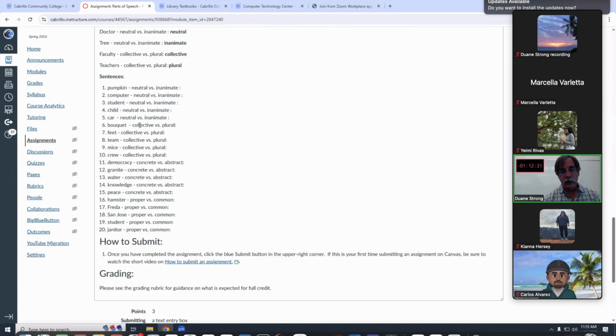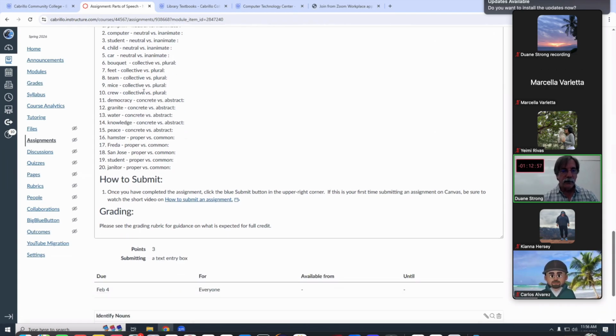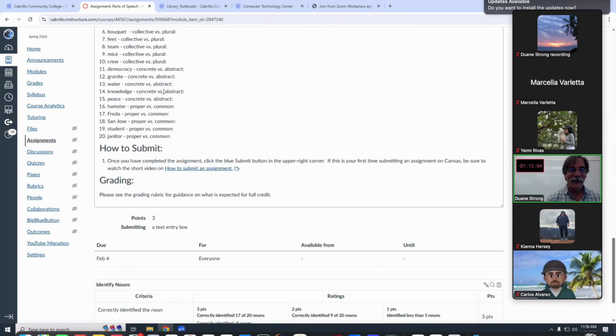The second set, is it collective or plural? Let's go through a couple of these, right? So a bouquet, that is a single noun, right? It's not a plural noun, but it contains a collection of things, a collection of flowers, right? So is it a plural or is it a collective? Well, in this case, that is a collective, right? I'll let you figure out the other ones. And I was tricky and I didn't give you any simple plural nouns here. I used some of the irregular plural nouns. So you're going to think about it.